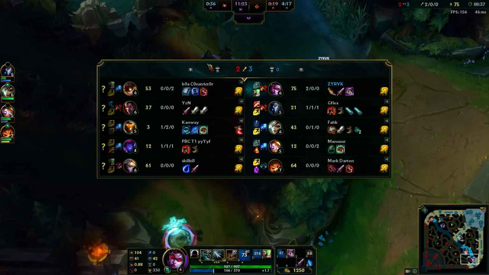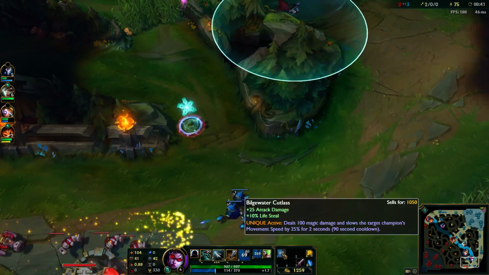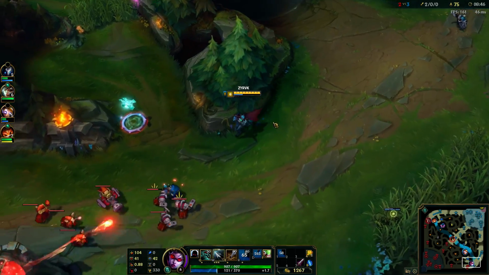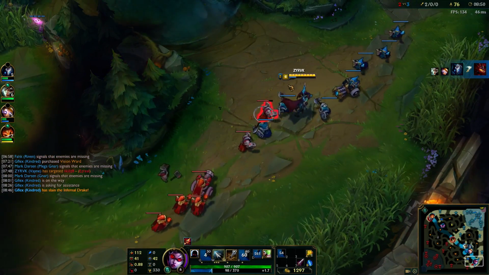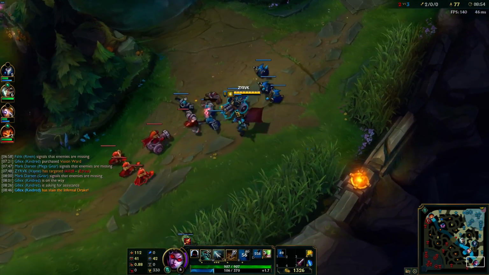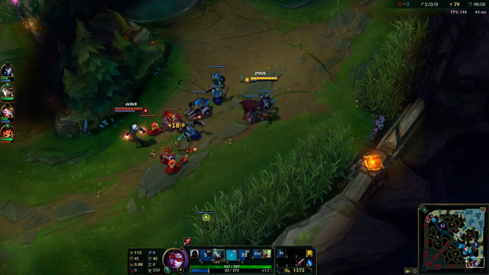Oh yeah, also for the build path, in general I think it's not that efficient to go Cutlass first. I'd probably recommend going Vamp into daggers, or if you can get dagger into recurve bow, that's probably the best route. It's like getting a Sheen in tier for Ezreal, because Cutlass is okay, but